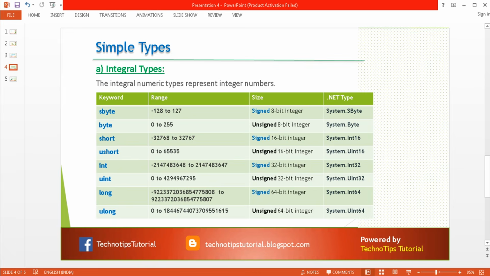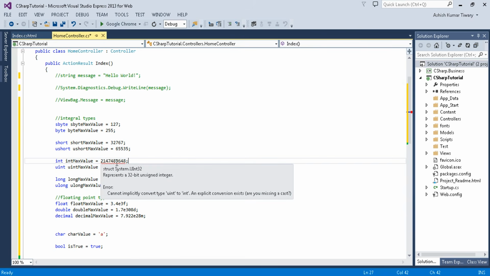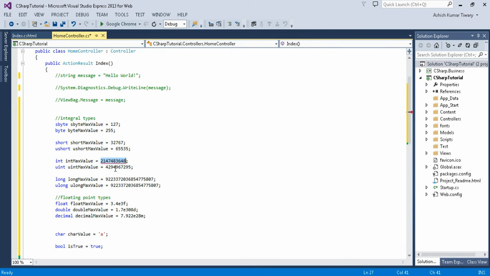Now similar cases apply for short and unsigned short. Then integer has this max range, and if I change it to 48, you can see it cannot implicitly convert uint. Uint means unsigned int, so this value comes under that category, because after this integer range it goes into the unsigned integer category.